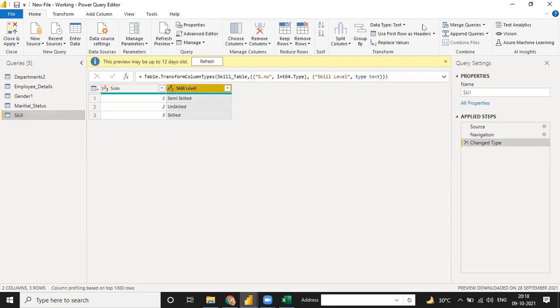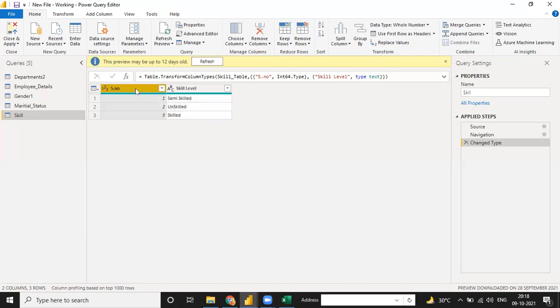When you click on one set and see the data type here, we have different data types like date, percentage, whole number, decimal number. See, this semi skilled and unskilled function is in the text data type. So we choose just text, it is already text, so the value is given as a text value. And see, the serial number will be given the value as 123.